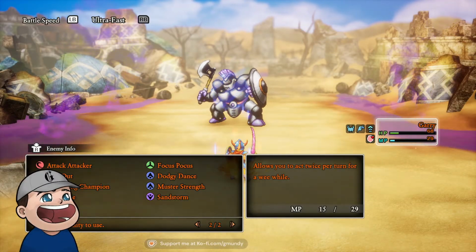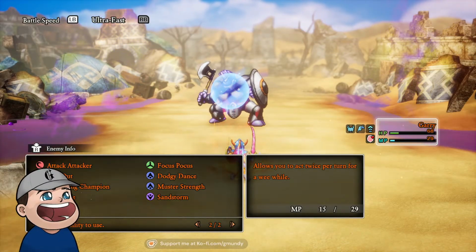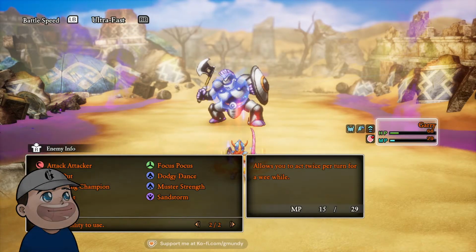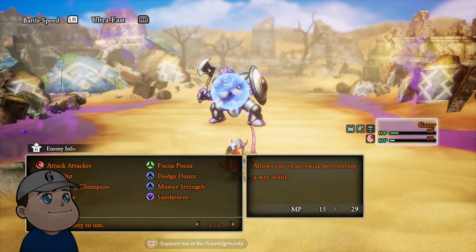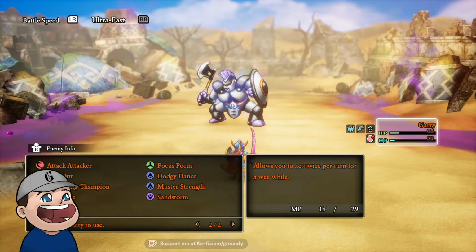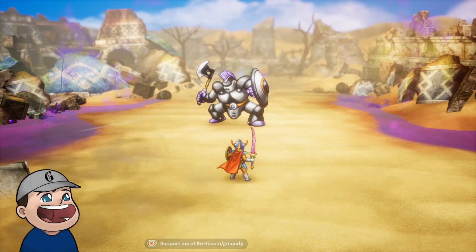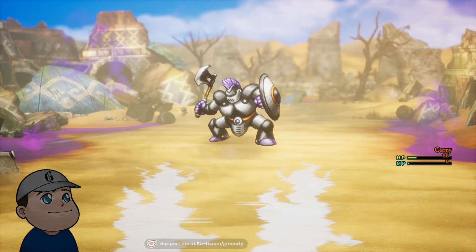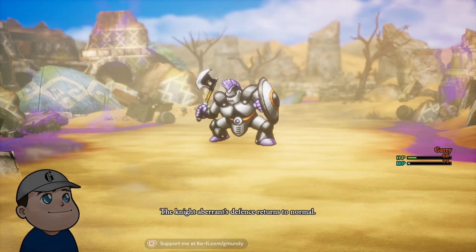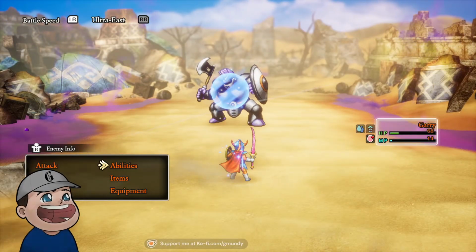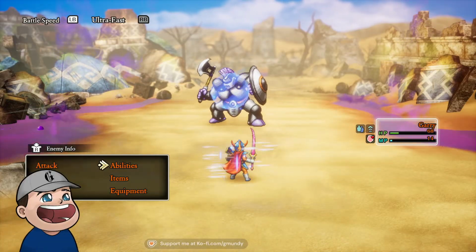The risky thing would be to do the improved Wild Side, because I don't know if that overwrites Wild Side or if it's a separate buff. I'd have to dodge this attack. Let's try it. I just want to see if it overwrites it. Thou shalt not escape. Oh, Wild Side dropped. Okay, so it was separate though.